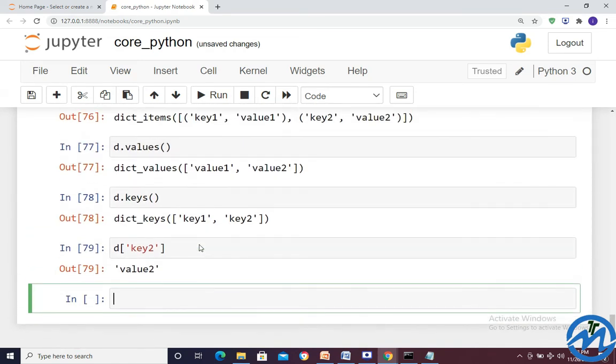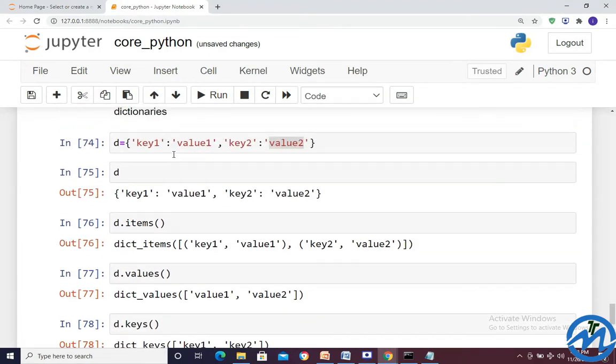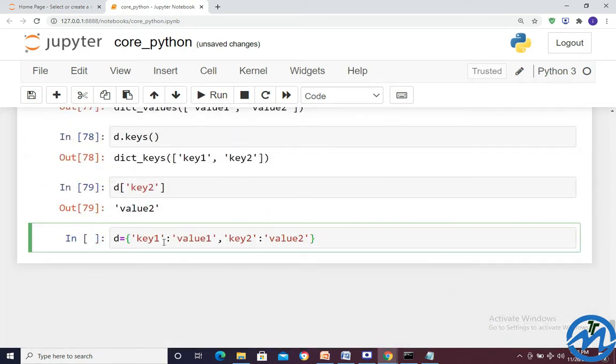So can we have list inside the dictionaries? Yes, we can have the list inside the dictionary also. The reason behind, because the key is not always holding the single value only. Maybe key sometimes holding multiple values. For example, we have key as a department, DEPT, and value can be CSC, EC, IT. So multiple it's holding, no? So when it's holding multiple, so multiple can be held by the help of list only.